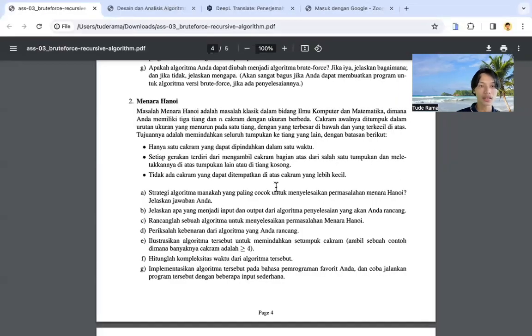Next is task E. Illustrate the algorithm to move the disks, with n equal to 5.